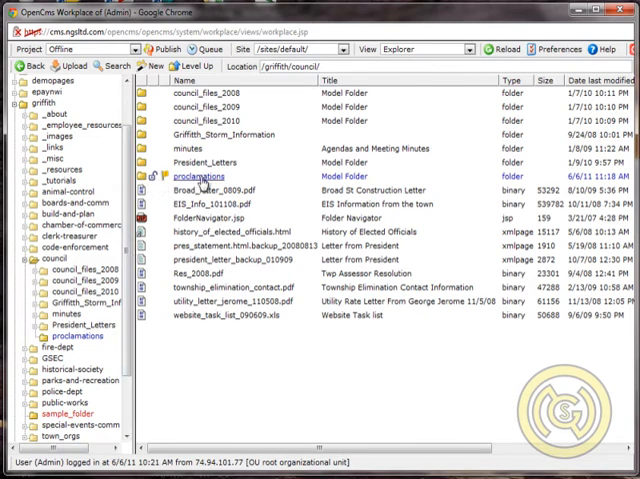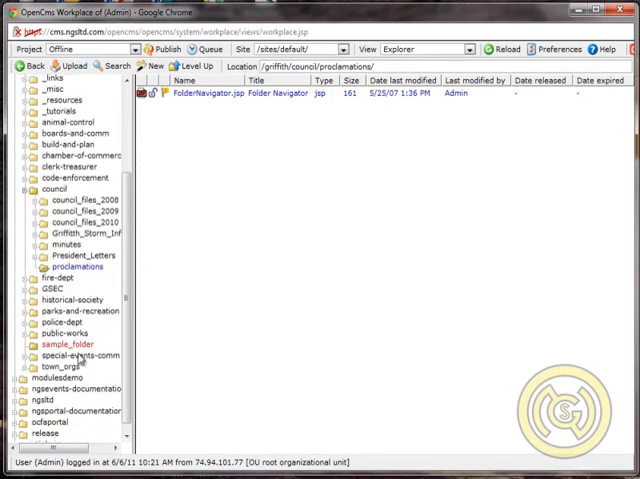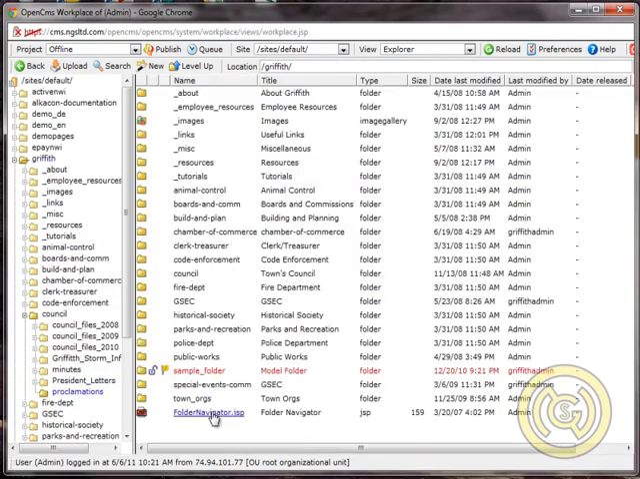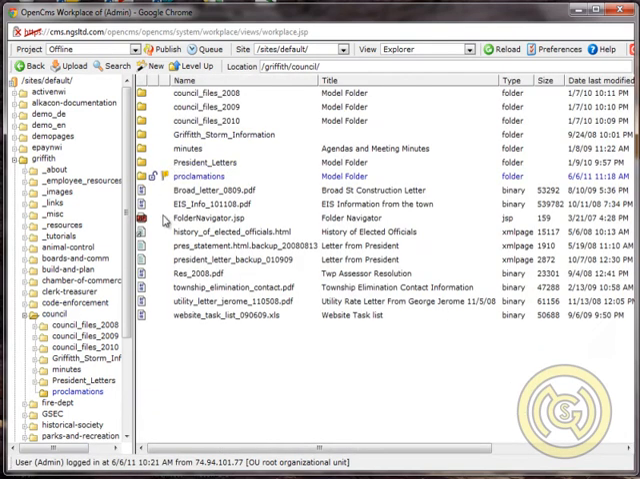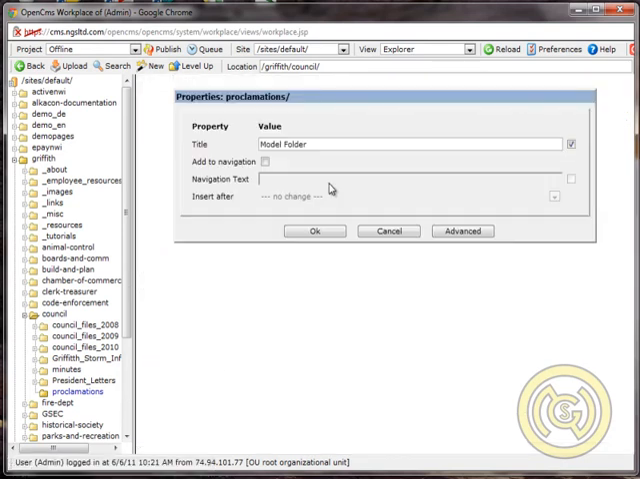So let's create another subfolder inside of proclamations, and we'll call it 2000. So we'll use the same technique as before. Before we do that, though, let's not forget to add this folder to navigation. So we'll click on properties. We'll change the title to say proclamations. We'll click on add to navigation, and the navigation text will make the same as the title. Click OK,